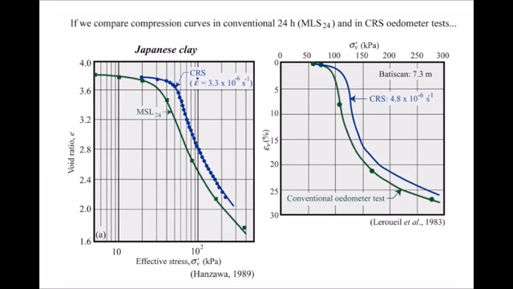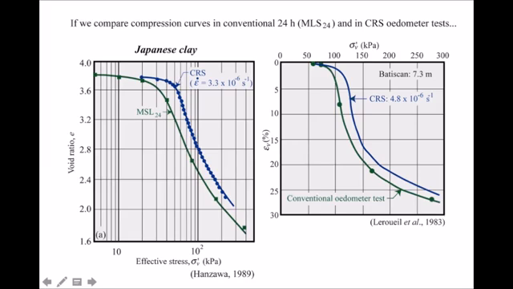I told you also that after 24 hours, the strain rate is typically 10⁻⁷ or slightly less, which explains that the compression curves obtained in CRS tests and in conventional 24 hours tests are different, with the CRS test giving a compression curve at higher effective stresses than the 24-hour test due to